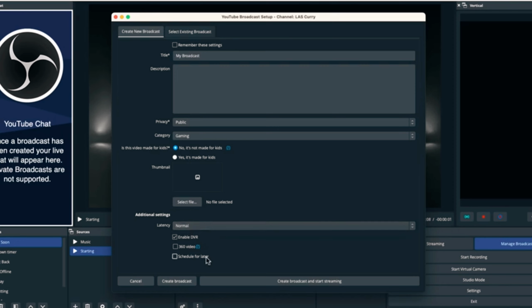So then when you have it on public, you can say create broadcast. Now I don't recommend creating the broadcast and starting streaming right away, because you want to be able to set up your settings to make it look good. So I'm going to select create broadcast. It's going to say creating, and